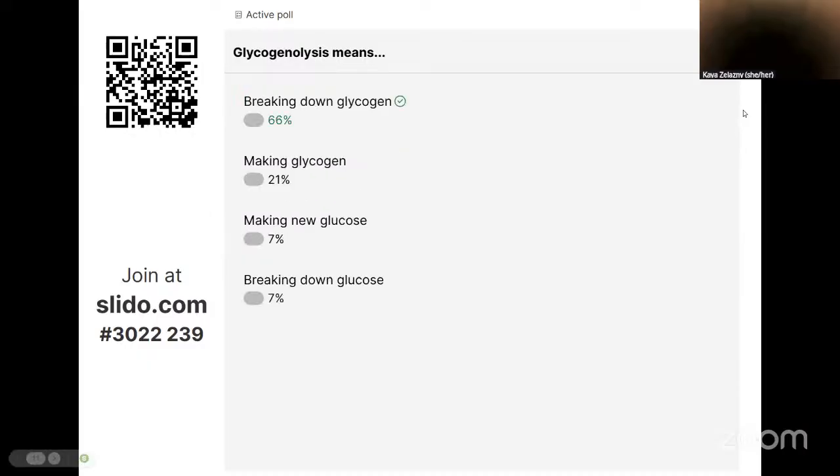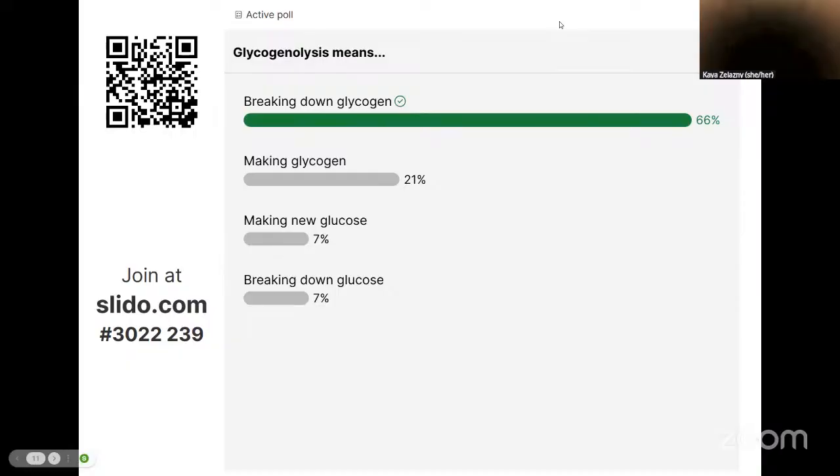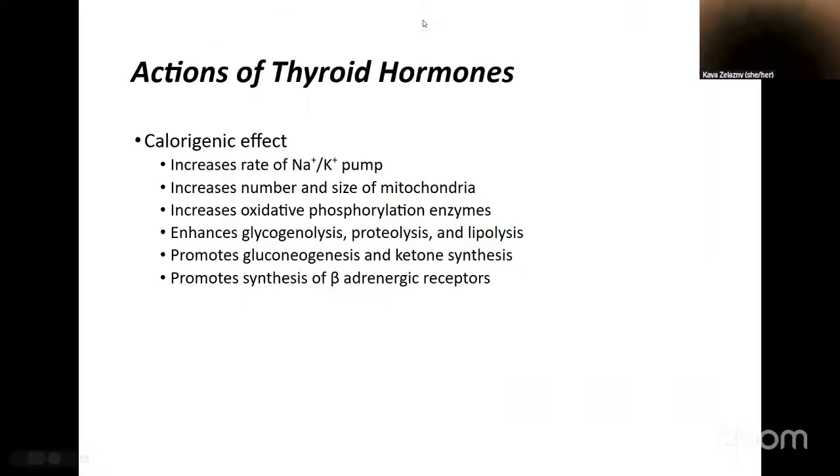All right, let's take a look. Okay, great. Yeah, so what we're looking at when we see this word glycogenolysis, you're noticing that we have glycogen in it. And we have this lysis ending telling us that we're breaking down glycogen. Okay, so one of the things that we're going to see with our thyroid hormones is that we're going to be breaking down a lot of stuff more quickly in response to thyroid hormones. Right? So one of the things we'll break down more is glycogen, hence the glycogenolysis. We'll also break down more proteins, so proteolysis, and more lipids,